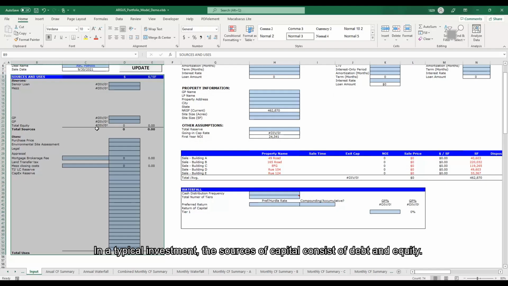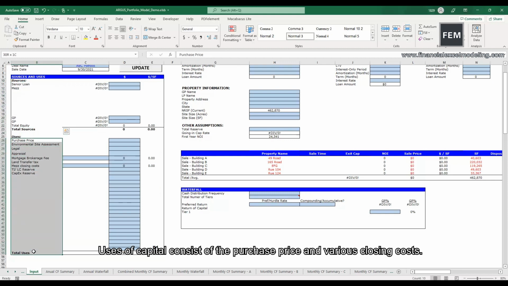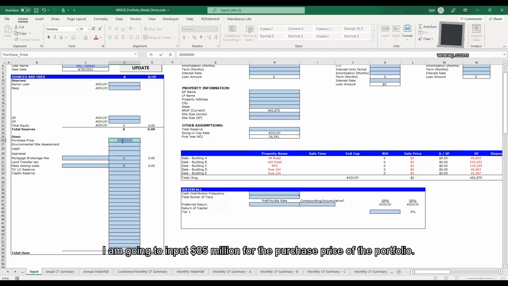In a typical investment, the sources of capital consist of debt and equity. Uses of capital consist of the purchase price and the various closing costs. I'm going to input $85 million for the purchase price of the portfolio,